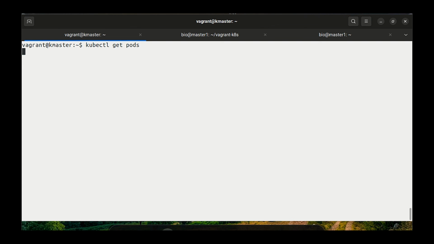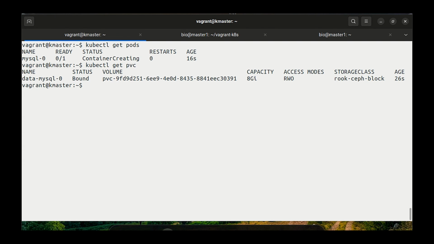Now I'll see, kubectl get pods. Now you can see that MySQL is in ContainerCreating. It takes some time, that's okay, but we'll see the PVC, the persistent volume claim. Now we can see that the persistent volume claim is bound and it's provided by rook-ceph-block. So this is the default storage class, and 8 GB is automatically assigned, with ReadWriteOnce access mode. If you want to use a different storage class, refer to the Bitnami MySQL Helm chart. There is a place called storage class you can specify. By default it's empty, so the default storage class is automatically used.